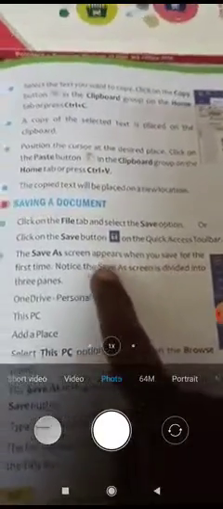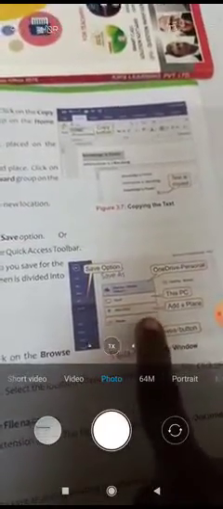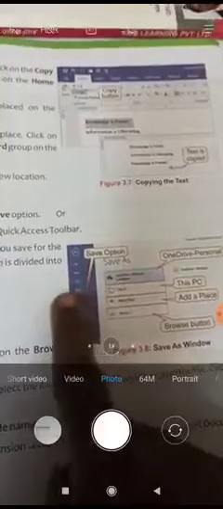Okay, notice the Save As screen is divided into three panes. So here is the Save As screen. Okay, this is called the screen, not the dialog box. Remember, children, there are two things, the Save As screen and the Save As dialog box. So look at the screen, it is divided into three panes, three parts. First, this is second, and this is third, right?